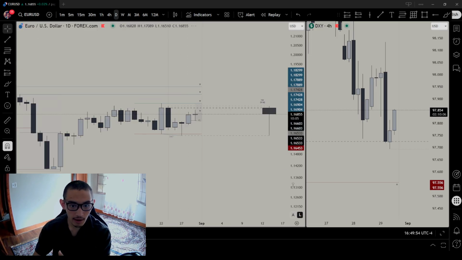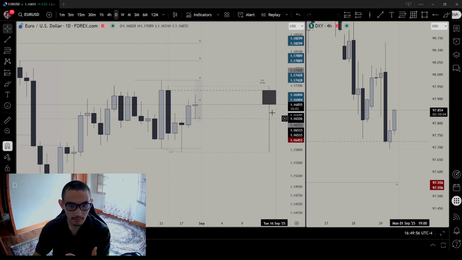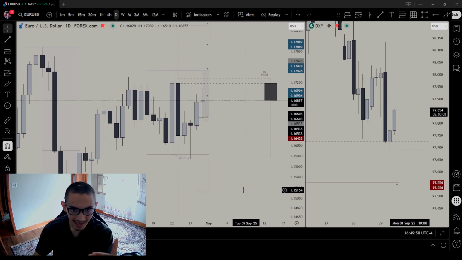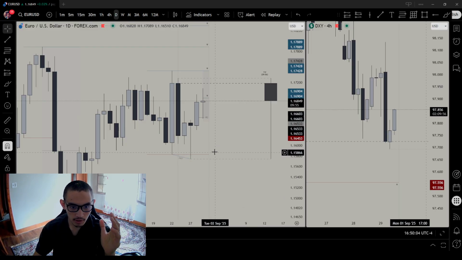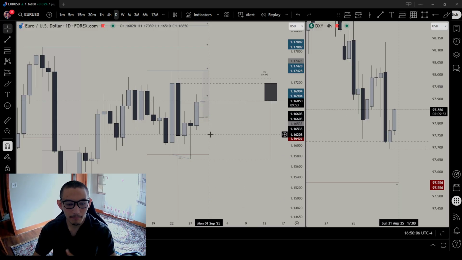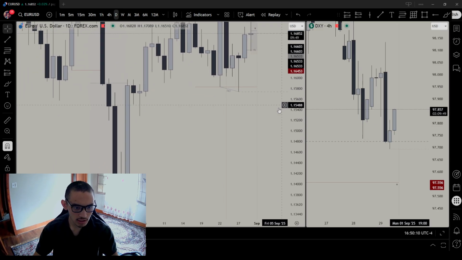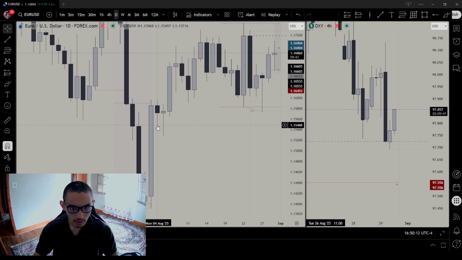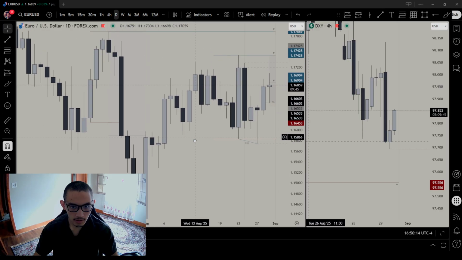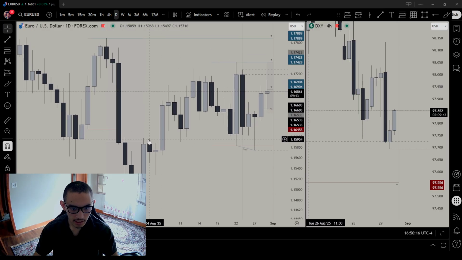So now I go down to an even lower time frame, the daily. What I'm looking for on the daily is a dump below an old low and a pump above an old high. Since I'm bullish, I'm looking for a dump below an old low and buying it up. You can see it dump below an old low, you buy it up, and it goes up higher. Let me show you some more examples. Dump below an old low, you buy it up. It dumps on the old low and taps a key level, which is this range. This is the old low, right?